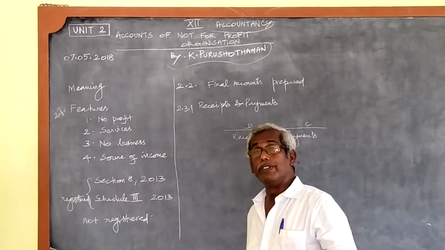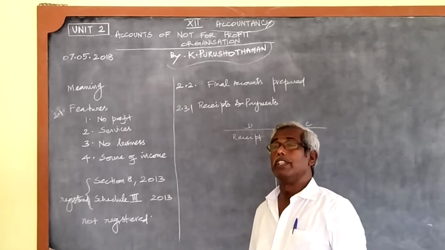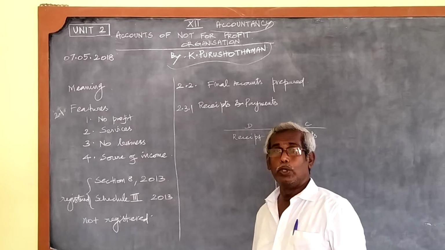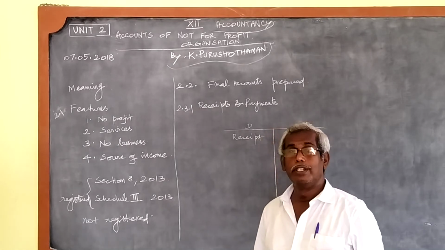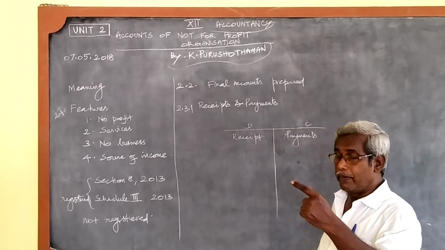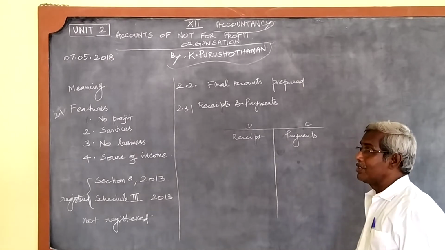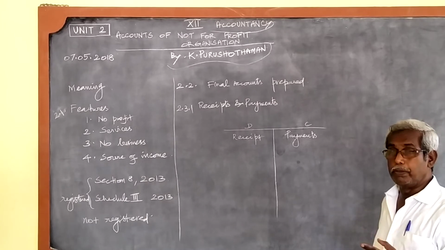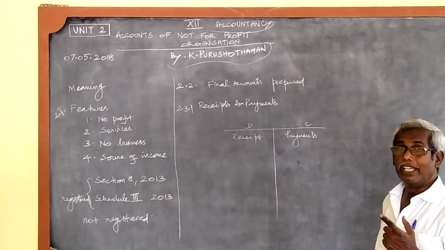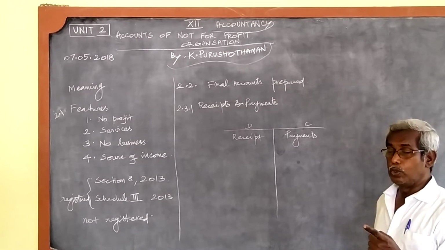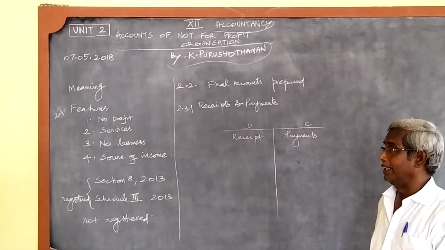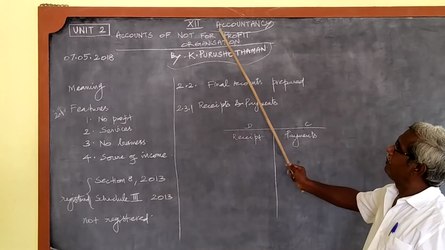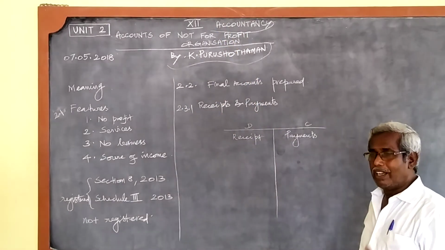In that case, if they are registered, what should they prepare? They should prepare an income and expenditure account and a balance sheet. Once this not-for-profit organization is registered, they are supposed to prepare an income and expenditure account and also a balance sheet. This is one type. Suppose this type of not-for-profit organization is not registered,